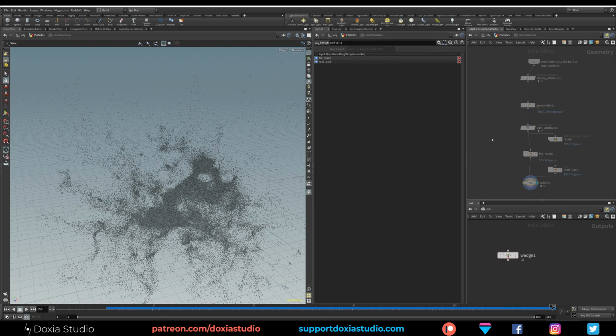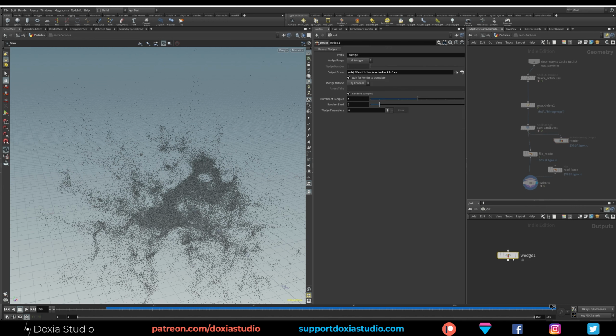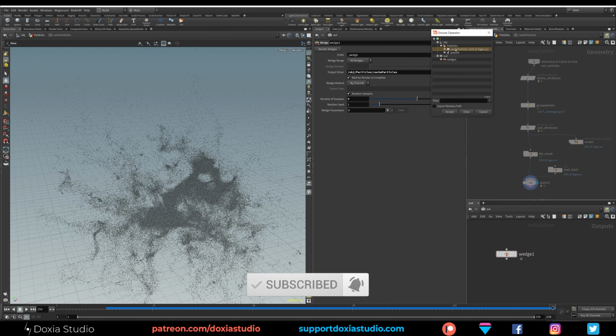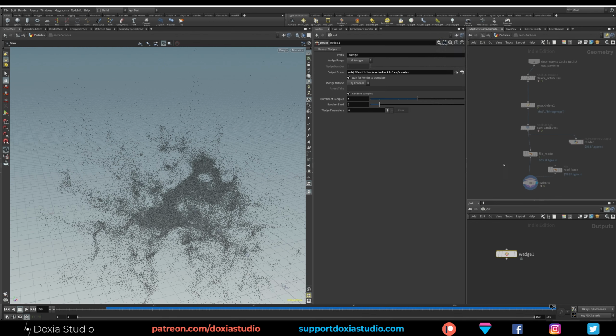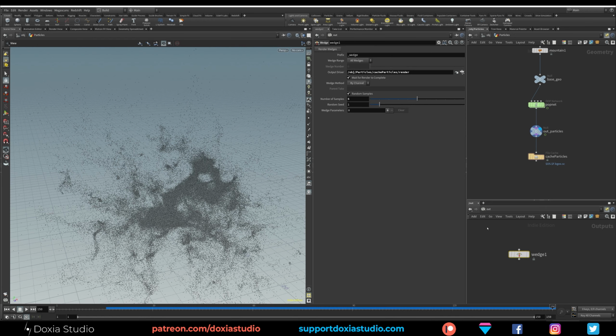Imagine this is a digital asset, right? If you double click, we have other nodes inside, and our wedge needs this node. So again, you can select this wedge and drag this here, or you can go here, select our file cache, press on the plus, and select this render. Okay, pretty much it.